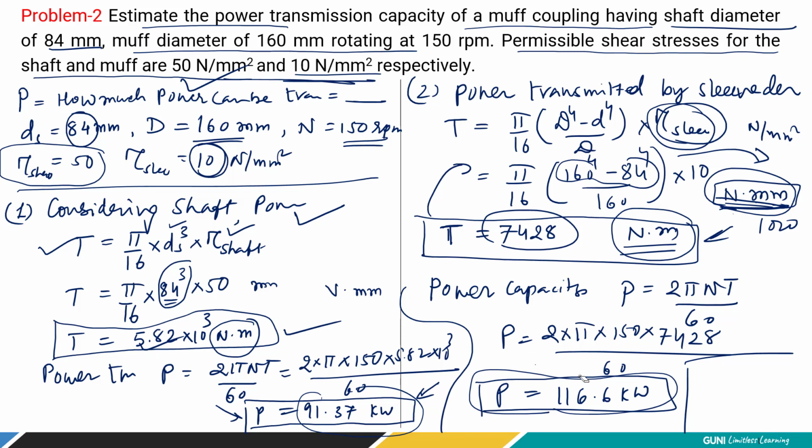You cannot choose the higher value because the power is transmitted through the shaft and through the coupling. So only the lowest value is possible. If you choose this, it will fail the shaft. But this lower value can be safely transmitted through the coupling because its maximum capability is 116. What is lower can be transmitted, but what is higher cannot be transmitted through the lower one. The shaft will fail, right?